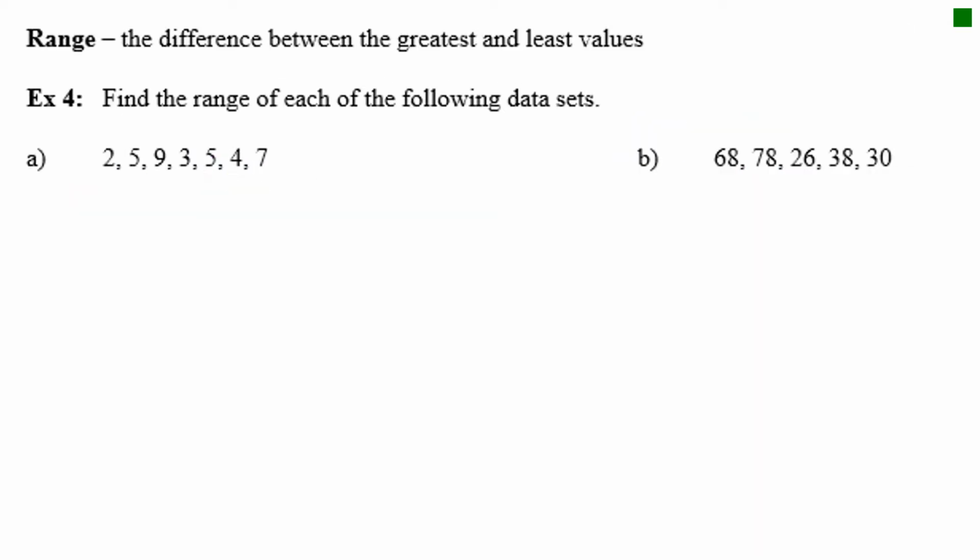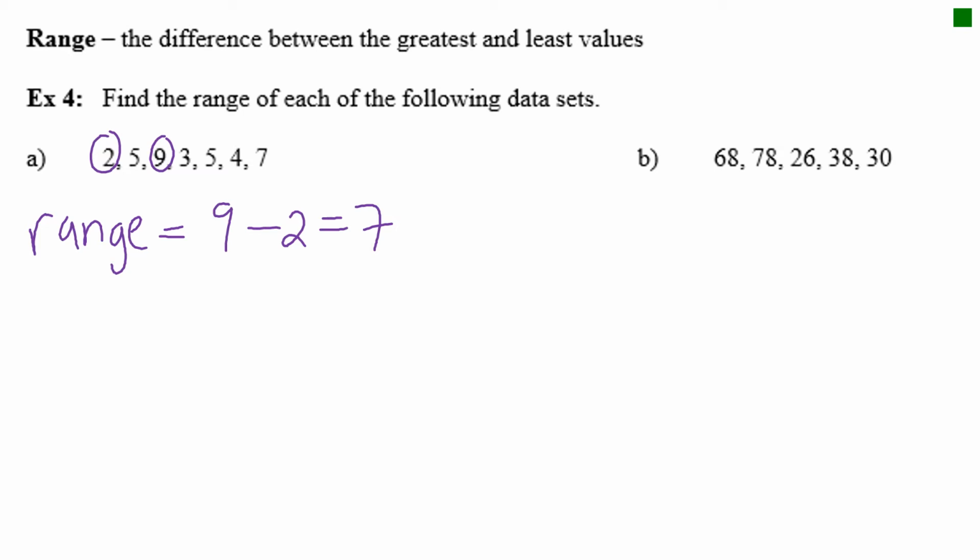Range. Range is the difference between the greatest and the least values. The difference tells us we're going to subtract. So example 4 says find the range of each of the following data sets. We're going to take the smallest and the biggest, so starting with the greatest. For A, the greatest number in the set is going to be 9. And we're going to take the difference, so we're going to subtract the smallest value, which is going to be 2 in this set. You subtract those two together, and you're going to get 7 as your final answer for